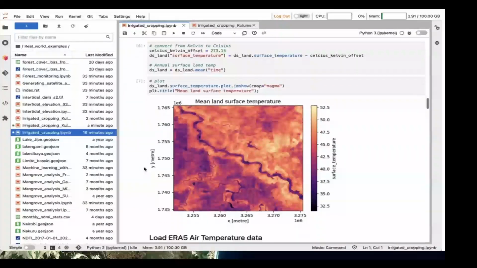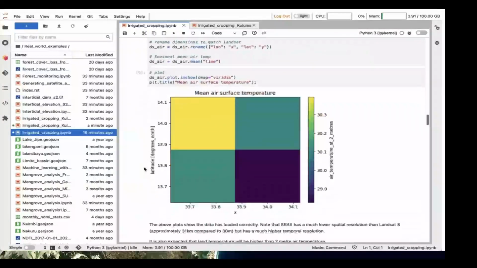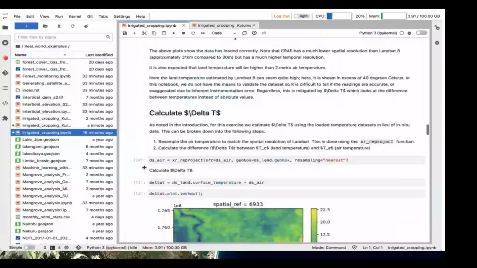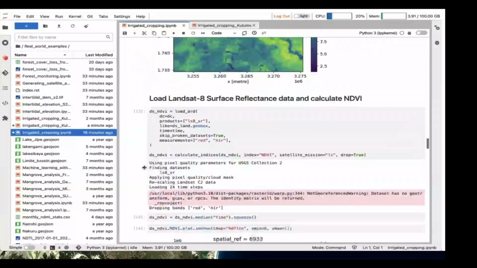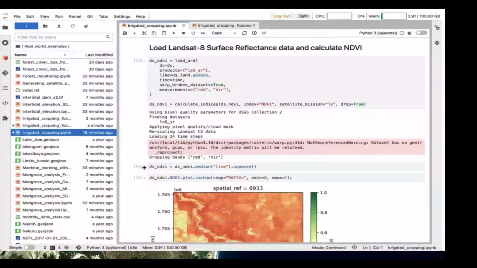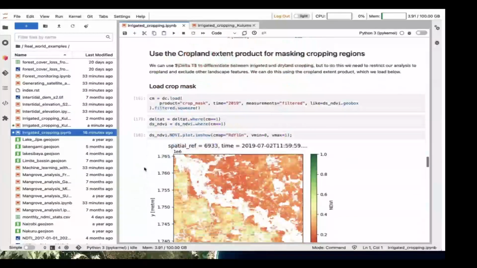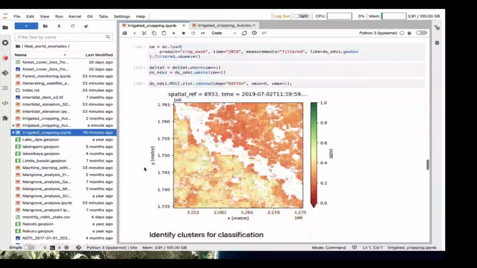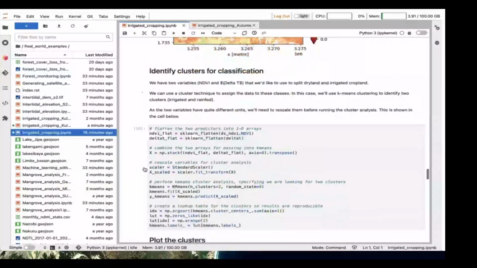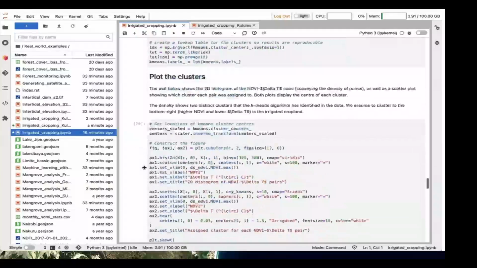Temperature, as you mentioned, areas which were above 40 degrees, quite semi-arid areas, and the surface temperature is loaded, and you're able to change the various parameters, comparing land surface and vegetation. You can pick out some of the areas, putting in the cropland extent. We can see the area, and finally identify the area for cluster classification and